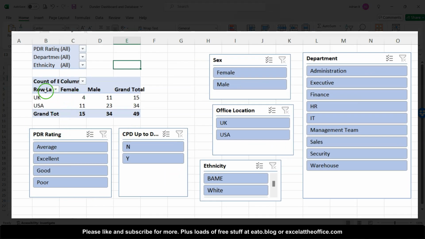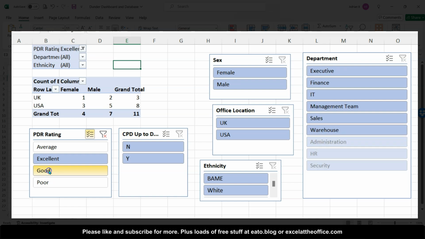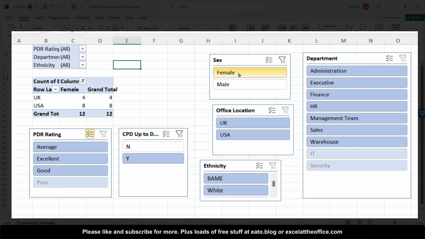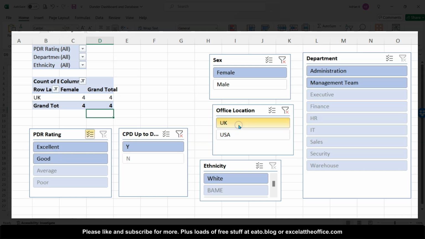So using my male-female across the office locations, let's choose all the PDR ratings except poor, and how many are excellent even. So I can choose the multi-select button here, and to clear the selections I could just click that again. How many have got their CPD up to date? Let's combine that with how many female have got their CPD up to date. So I've got 12 female who have their CPD up to date, and let's just check in on the UK